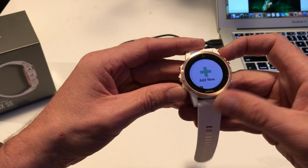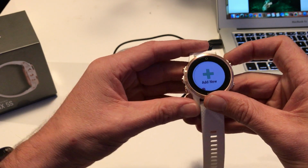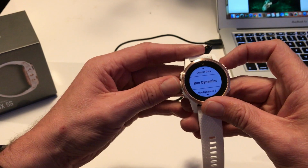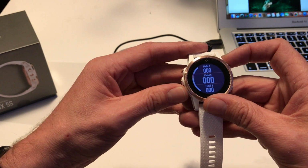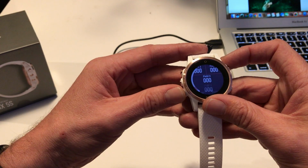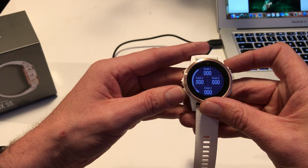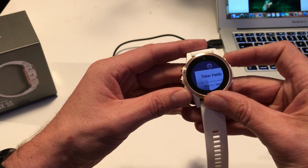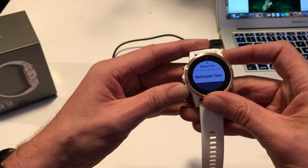actually let's say, come back, it does have time of day. We can look at other features that we can add in there. So if we go in custom data, you can set up fields as many, 3, 4, in different formats. Like so, if I've got 4 pieces of information, that's my preferred screen there. Let's go for a screen of 3 with the main piece, and we can choose different things: timer, lap time, all the different variations of time,